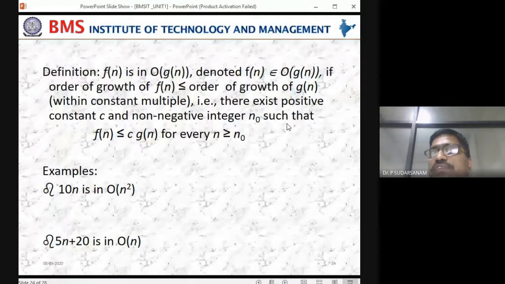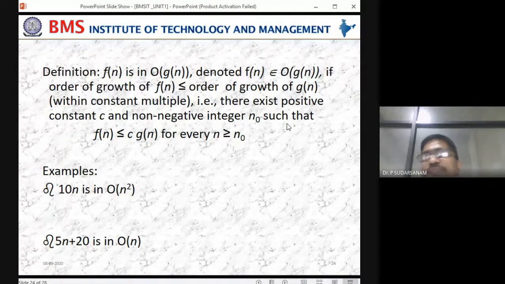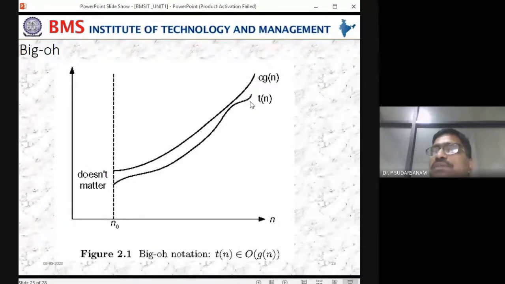Asymptotic notations: we have three. Yesterday I told you one is called big O notation, another is called omega, and another is called theta. If you see this diagram, you can write it. Yesterday we discussed only the minimum things. This is the starting point. You have the x-axis and y-axis. The x-axis takes the values from 0 to n, where n naught is 0, up to n values.